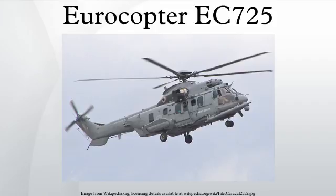EC725s in the Afghan theater were based at Kabul International Airport. In 2013, French EC735s were receiving several upgrades. These include a new SAGEM forward-looking infrared sensor, new door-mounted Nixtel-built machine guns, FADEC changes for low-temperature operations, and reduced maintenance requirements. In 2008, the Brazilian government announced that the Helibras factory in Itajuba, Minas Gerais, will produce an initial